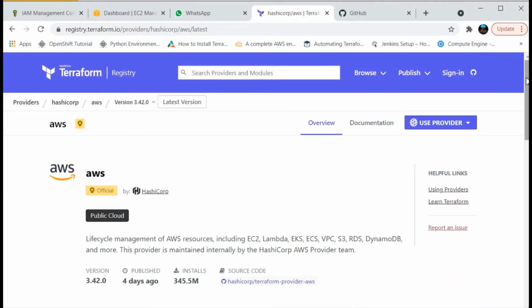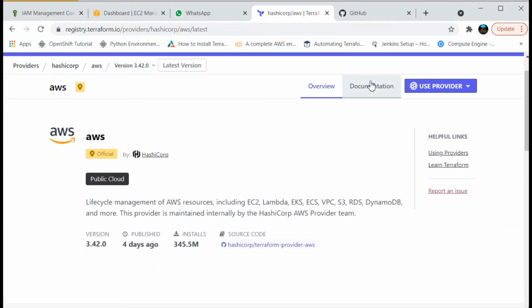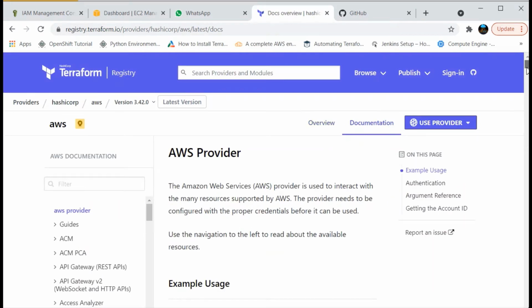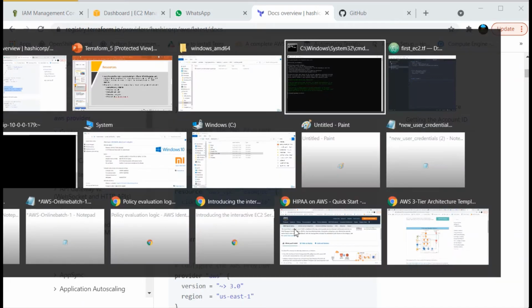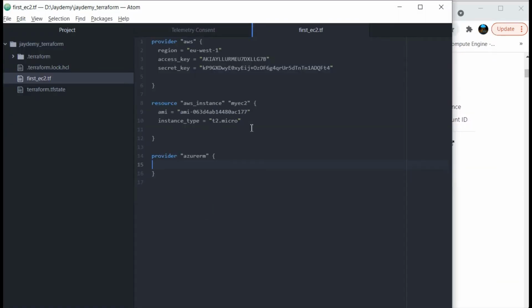If you go to the documentation, you can see in the example they are creating an AWS VPC. In the same way, if you give it here, what will happen? We can create one more resource and give the network to create VPCs. That also will work actually.